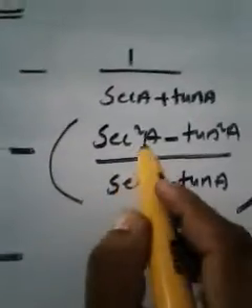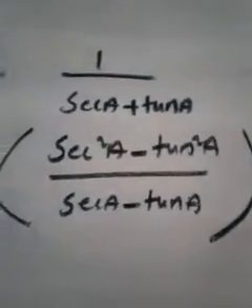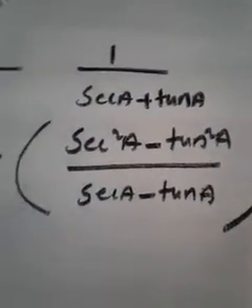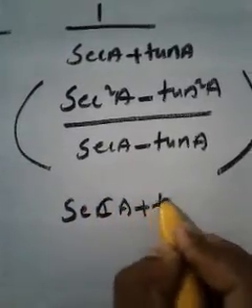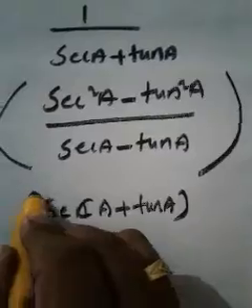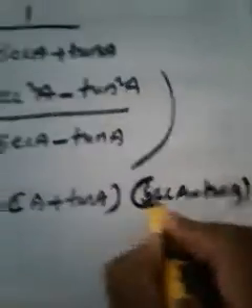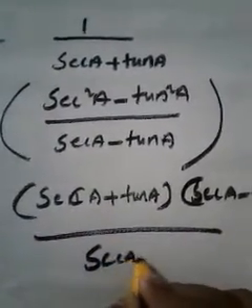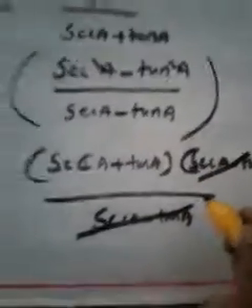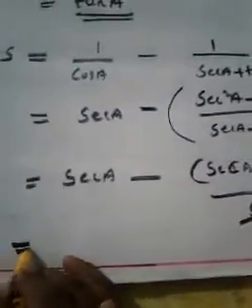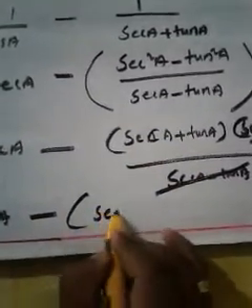sec A minus, numerator sec square minus tan square is in the form a square minus b square. So I am going to replace it as what? Tell me. A plus b into a minus b. That means I can replace it as sec plus tan a into sec minus tan a, divided by denominator as it is. Sec minus tan a. Now see, these two terms get cancelled. So where have we reached? We reached sec A as it is minus what? Sec plus tan a. That is inside the bracket.